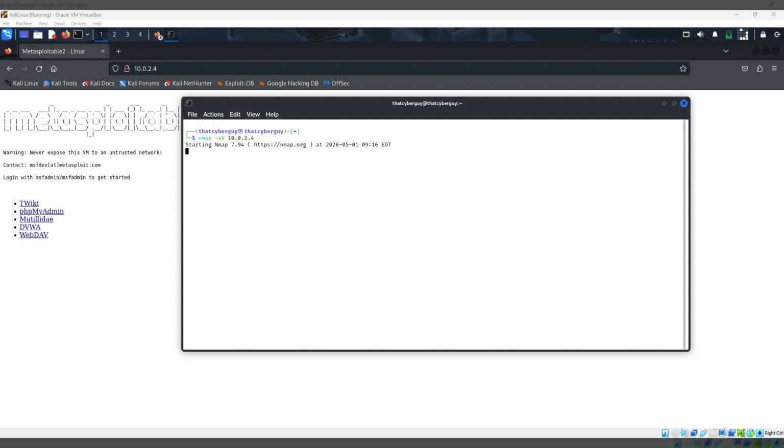This is mostly for beginners. Beginners rely on it, but it is very limited. Since -sV only does service and version detection, it will not bypass firewalls, it will not detect hidden services, and it will not run deeper analysis. So now let's go ahead and try to go beyond